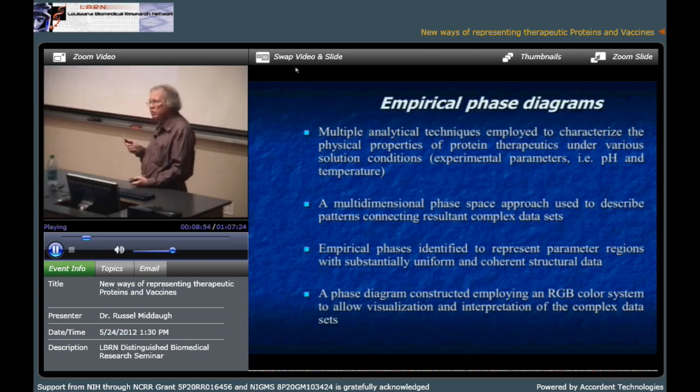The technique we're going to use to analyze this type of data is something we call an empirical phase diagram. Here's a description, but I'll give you a somewhat different verbal description to try to make it even simpler. We're going to represent our molecular system of interest as a vector in a fairly highly dimensioned space. The components of the vector are simply the experimental measurements that we make. The example I'm going to start with is those six peaks that I showed you, and each peak will be a component of a vector. So we'll represent a protein as a vector with six components, corresponding to each of those peaks.